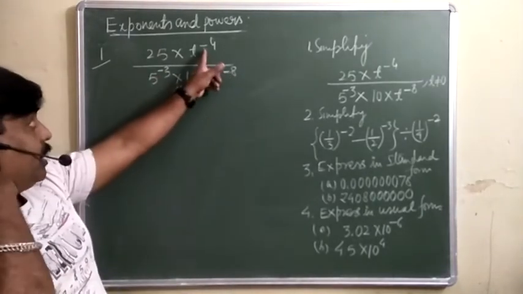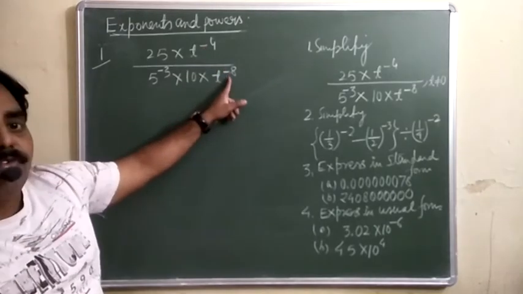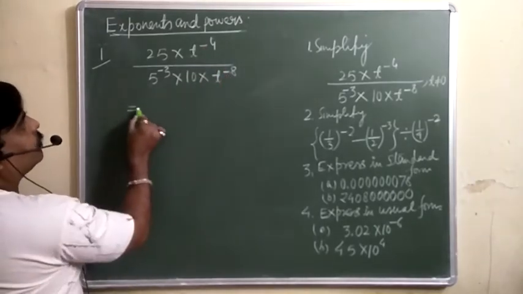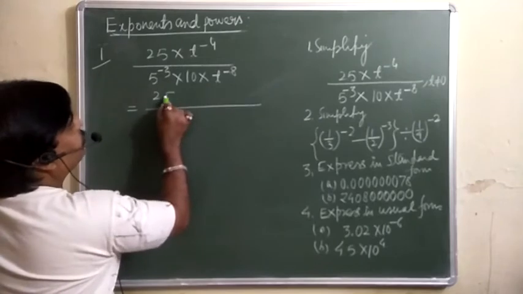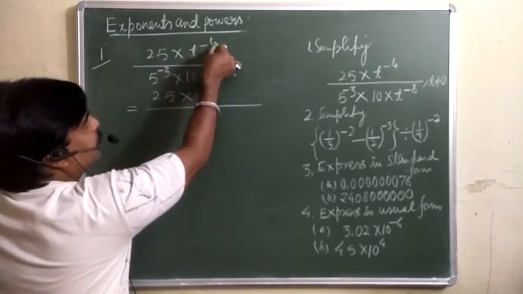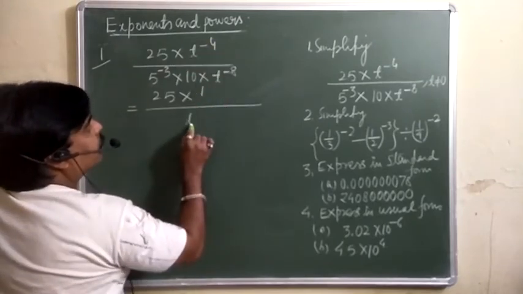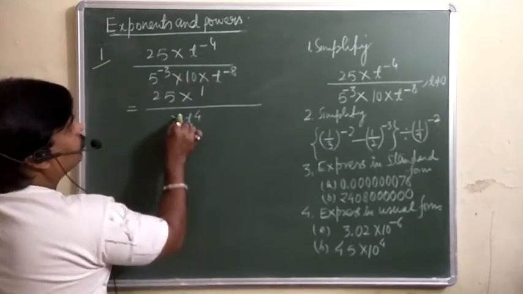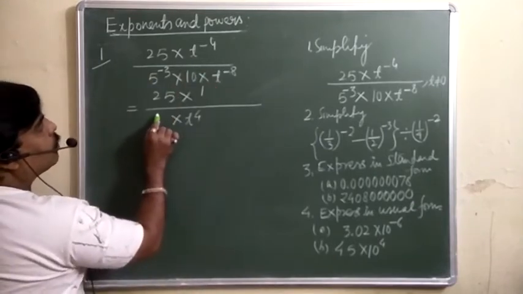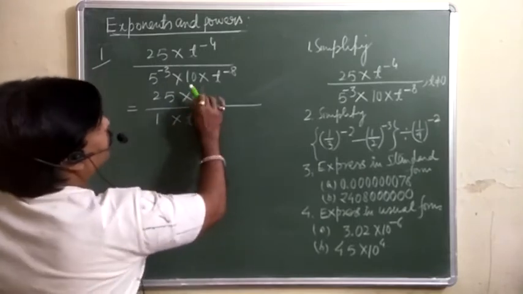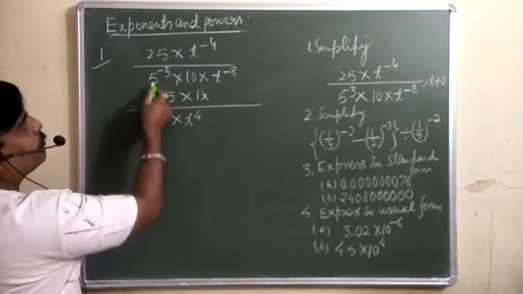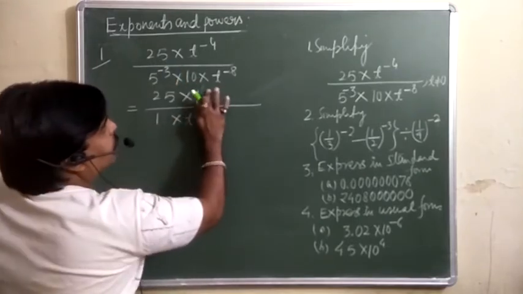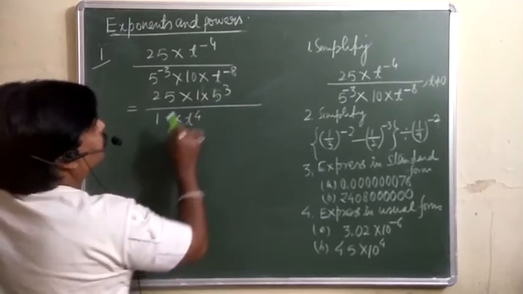So first of all क्या करना है इस negative sign को you have to remove from here only. तो देखिए this is 25 into this t raised to power minus 4 को क्या ले सकते हैं 1 over t raised to power 4. तो t raised to power 4 न्यूमरेटर में आएगा डिनोमिनेटर में. इनटू this 5 raised to power 3 को करेंगे तो 1 over 5 raised to power 3, तो 5 raised to power 3 न्यूमरेटर में चला जाएगा.